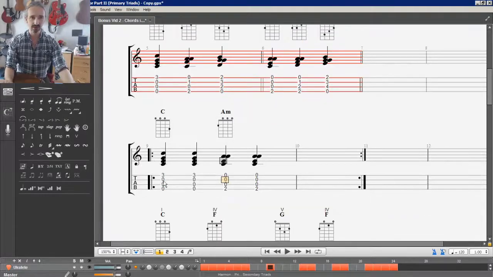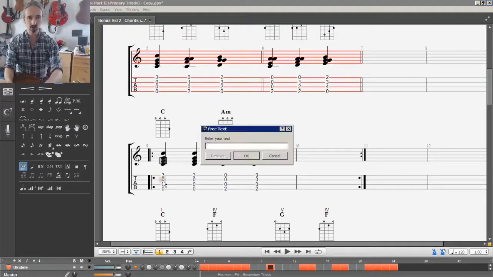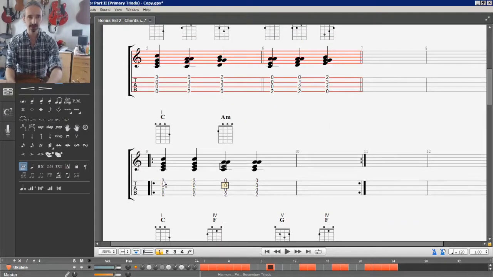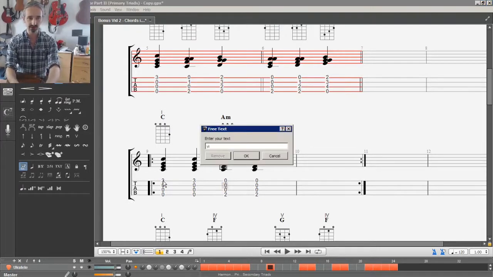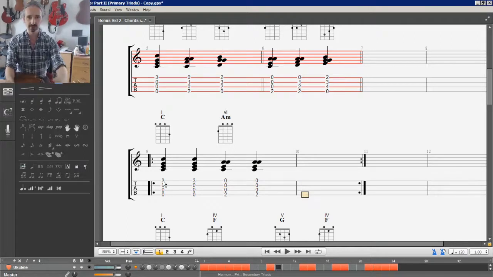So that's a 1 chord. C is number 1, A minor is number 6: C, D, E, F, G, A, 1, 2, 3, 4, 5, 6. Now we're going to put in a 4 chord,